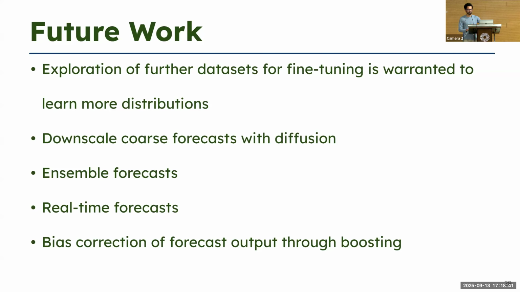Diffusion can be used for downscaling and also for ensemble forecasts, since that's also a project that a center does, focusing on the tails of distributions through diffusion. Through ensemble forecasts, also, models like GenCast and ULGCM can make ensemble forecasts through AI/ML methods. So that's also something that we plan to do.